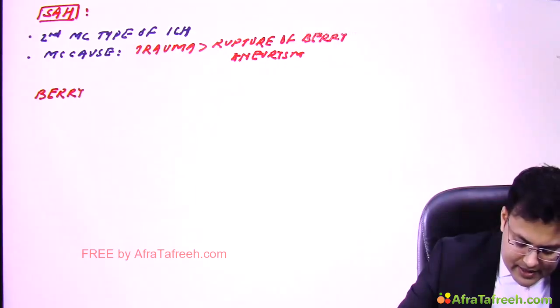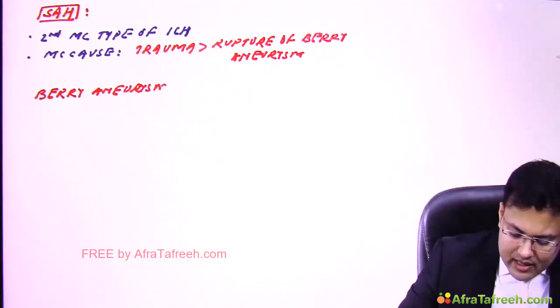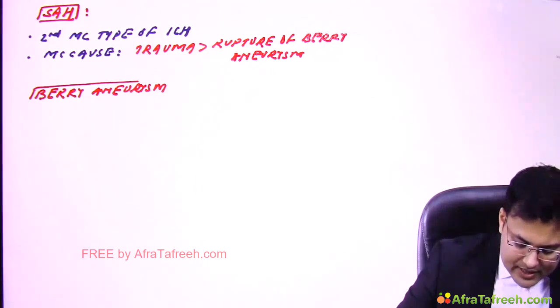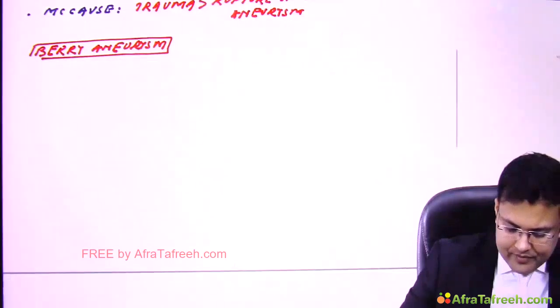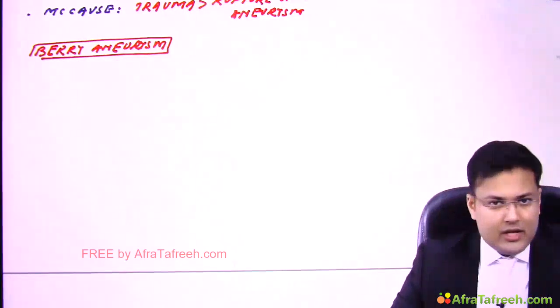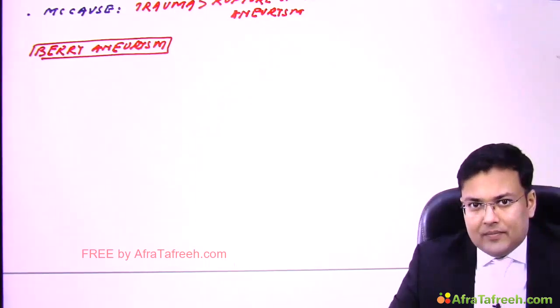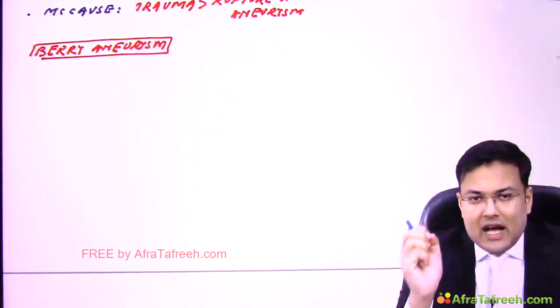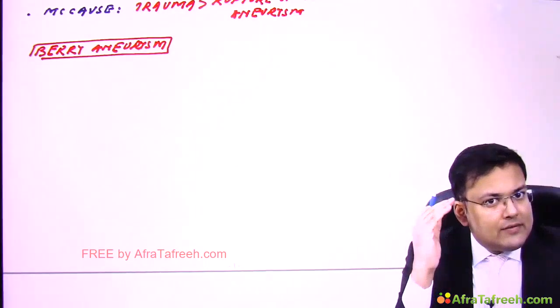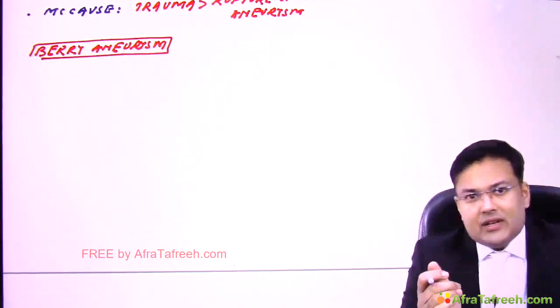This is very important. It is asked in medicine, asked in surgery, asked in pathology. Berry aneurysm. So first important question, Berry aneurysm is the most common type of intracranial aneurysm. It is saccular, and generally what is the site of origin? Generally it is going to arise at the site of bifurcation of intracranial arteries.